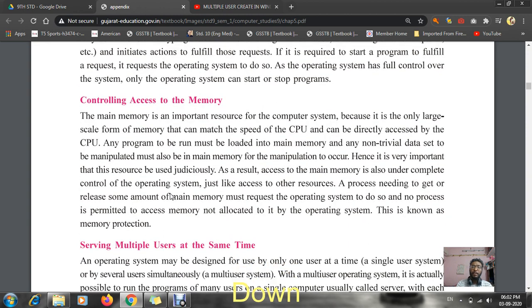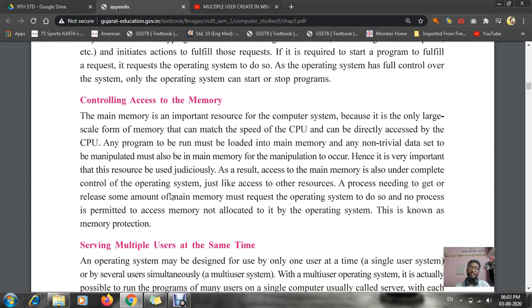Now, controlling access to the memory. As you all know, whenever we are saving a file, opening a file, deleting any kind of file, or installing anything, the whole process is done in the CPU, and it is done in the main memory.